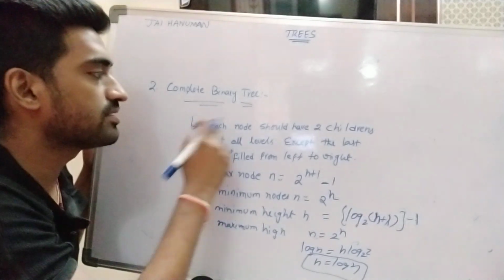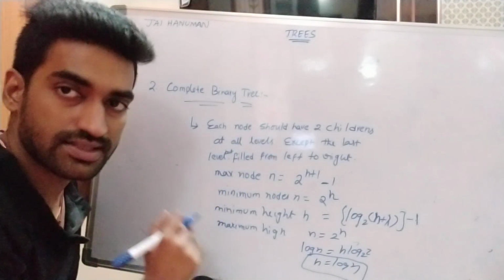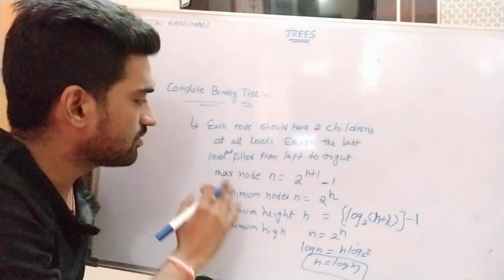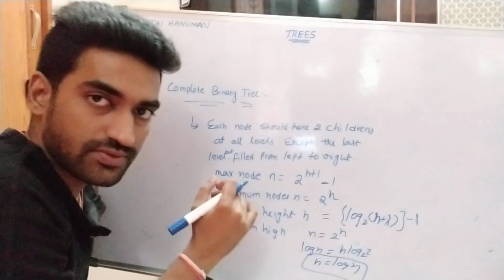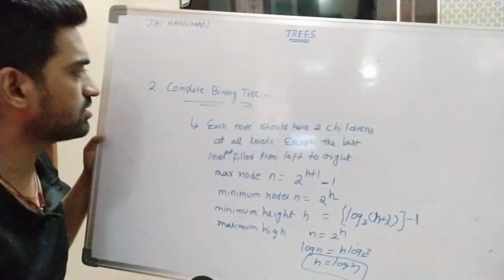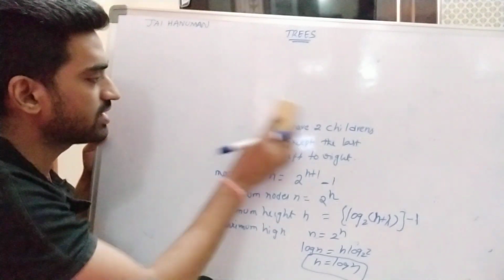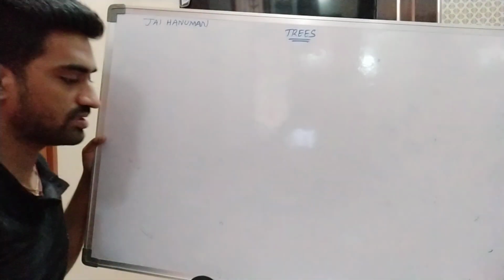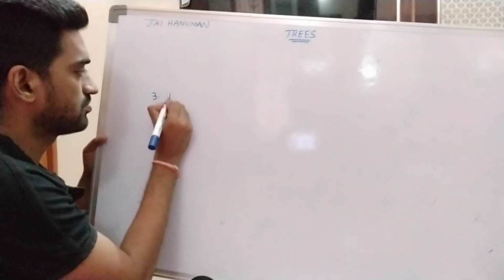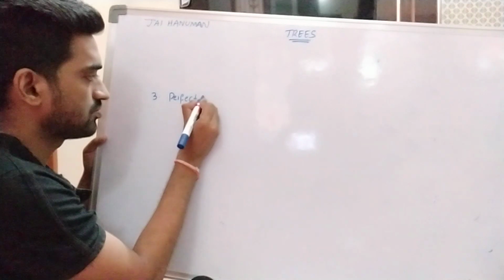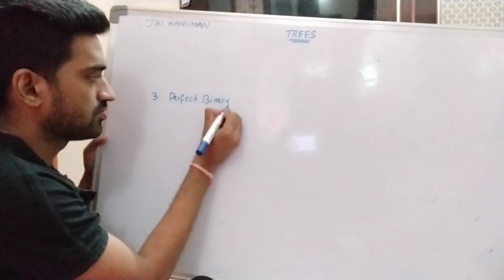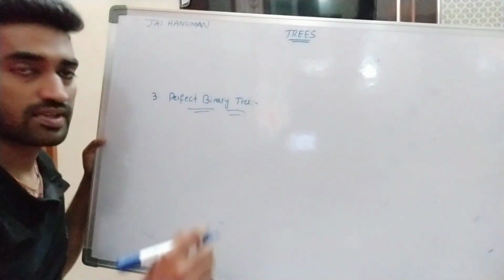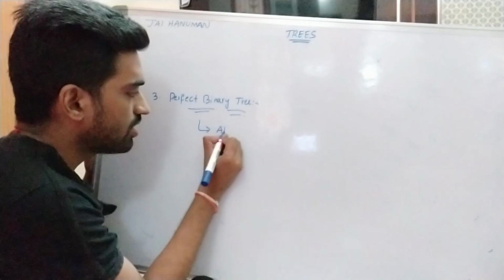So what is the complete binary tree? Each node should have 2 children at all levels except the last level, filled from left to right only, right? So this is about the complete binary tree. So what is the next binary tree? Perfect binary tree. Perfect binary tree. So in this, all the